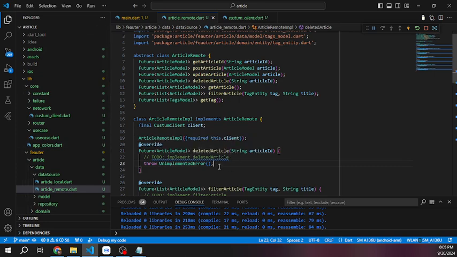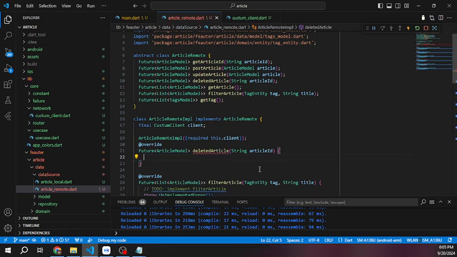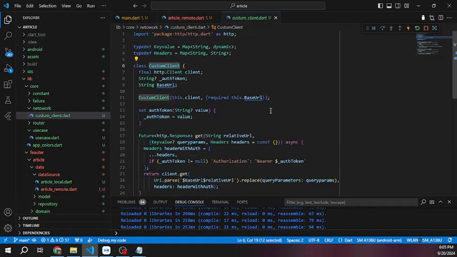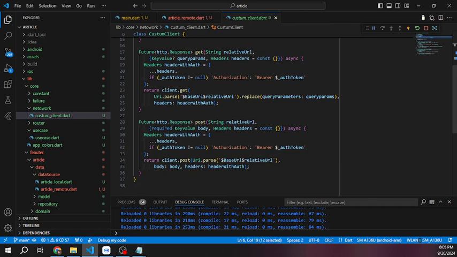The first thing is delete. Now we're going to delete it. Delete is going to be asynchronous, because it's going to require some data. Okay. Before working with delete, we need to customize this one, because this thing is working for get and post. What we are going to do is, we need to implement another thing. If the time is gone, like,